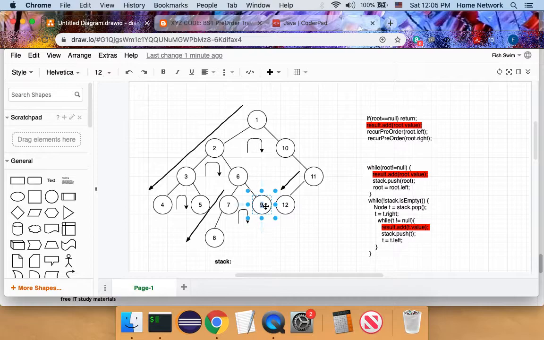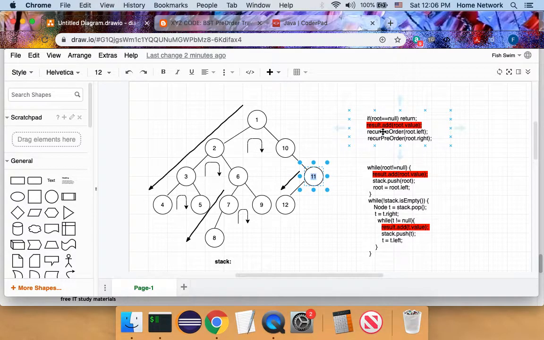This line brings us to 9. After adding it, we finish this right branch of node 2. So we exit from here, and after that we have finished the left branch of node 1. So we have finished this, and then we run this line, which brings us to this node. And this node we add, of course. Then we examine the left node, which is null, and then we run this line, which is the right node. The right node brings us here,